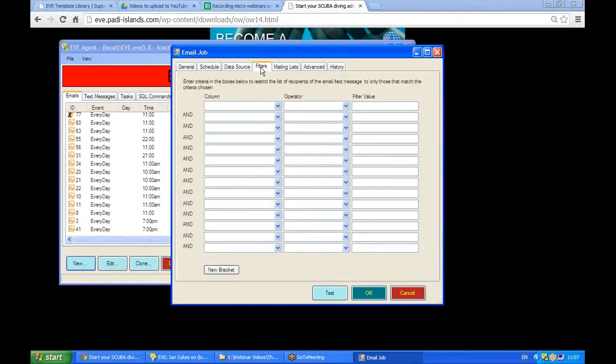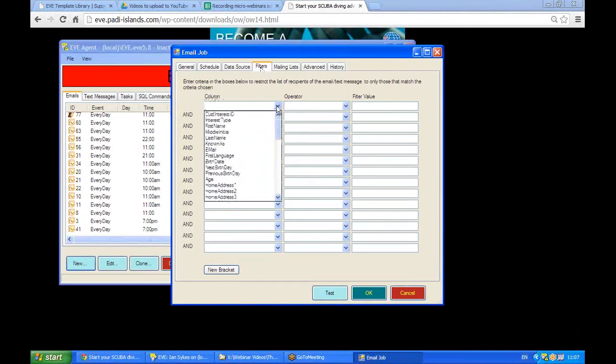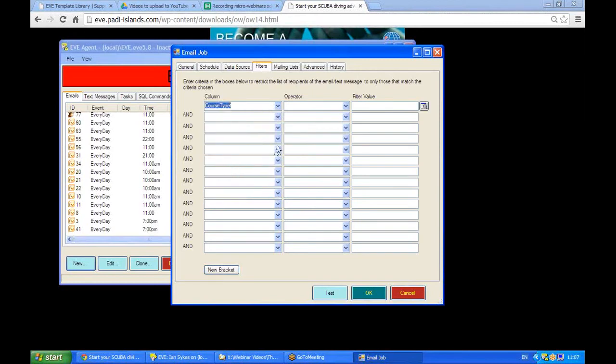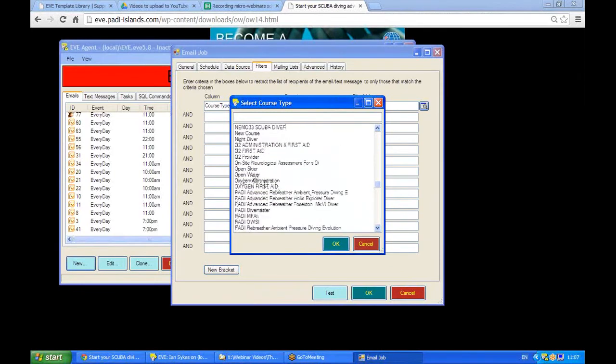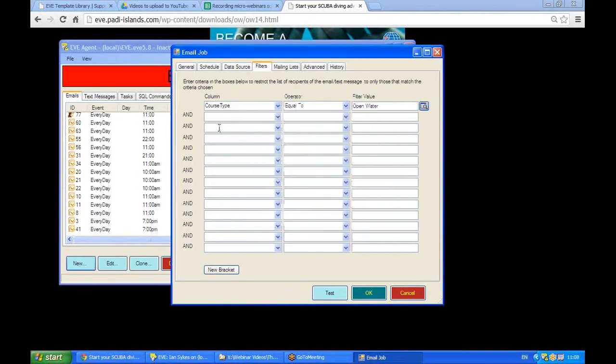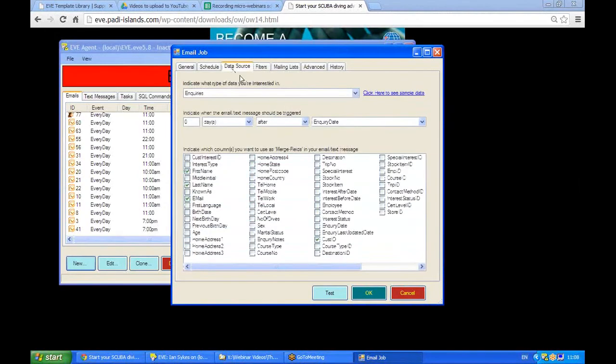And when we go to the filters tab, we can now filter down further what that inquiry relates to. The first thing we'll do is go to column, and on that column we will choose course type. So that's when this inquiry is related to a course type, and that's when the course type is equal to, which we choose under operator, and by clicking this box here we then select the course type. This is a list of your course types in your Eve database, and we will select open water. So when the course type is equal to open water, on the day of an inquiry date,